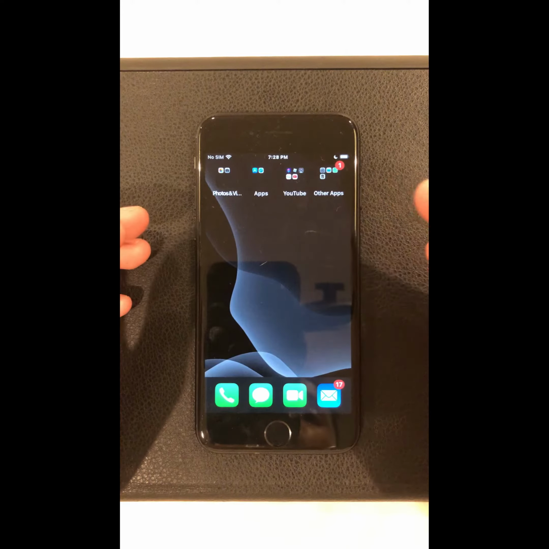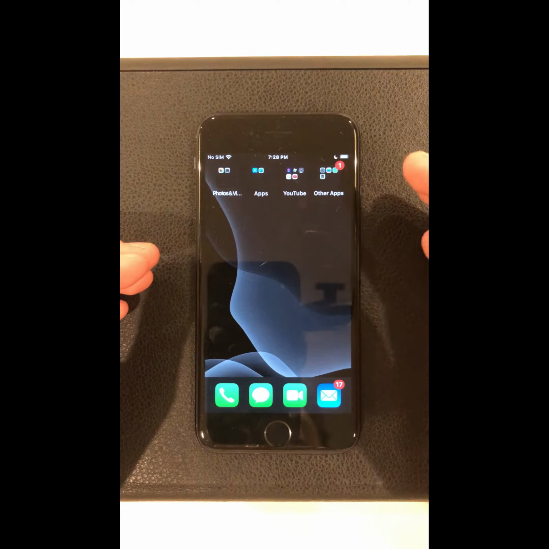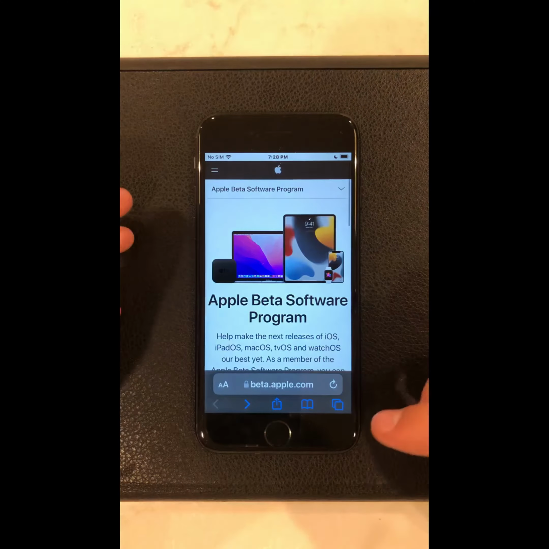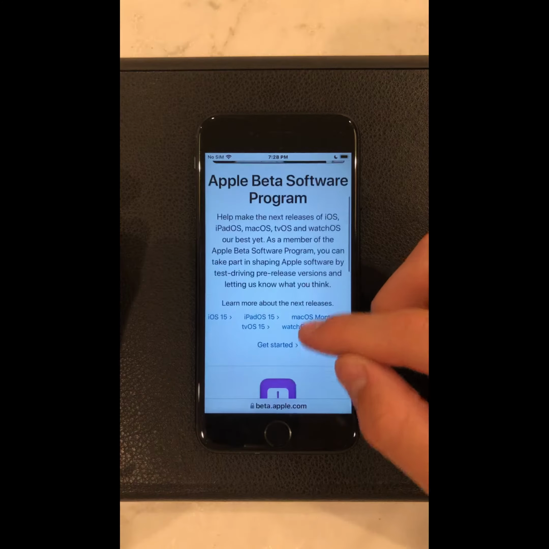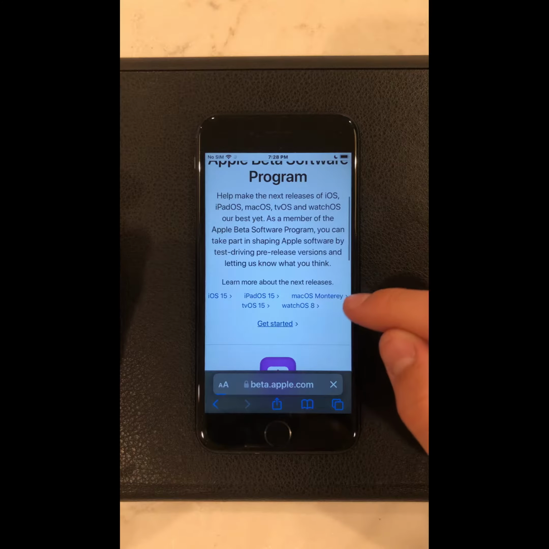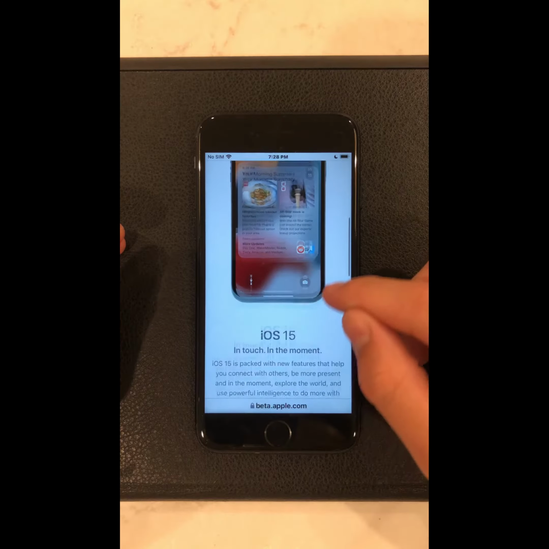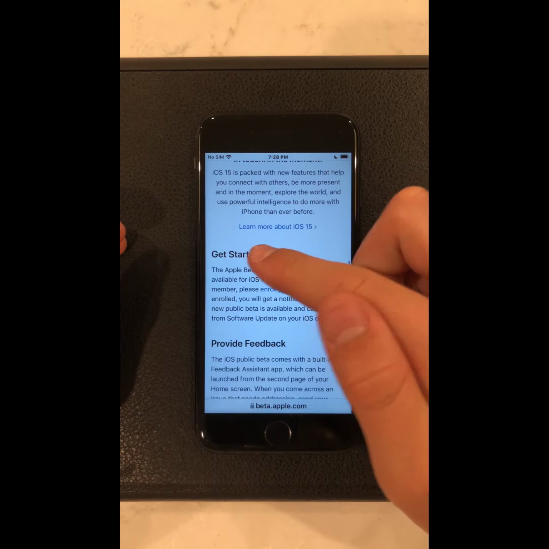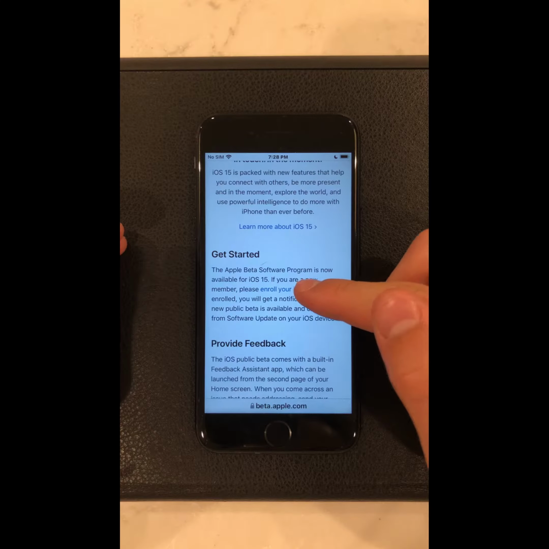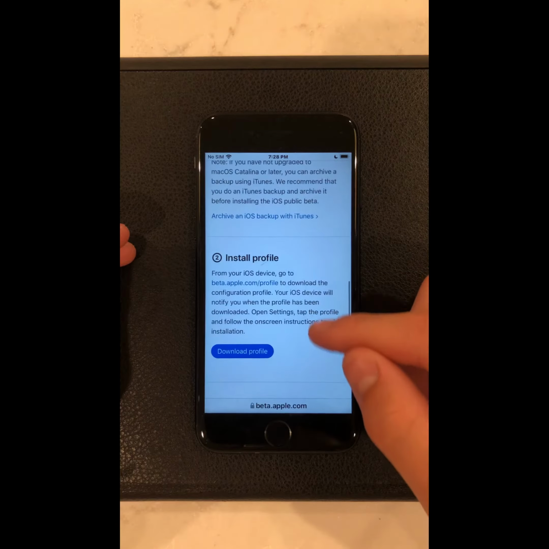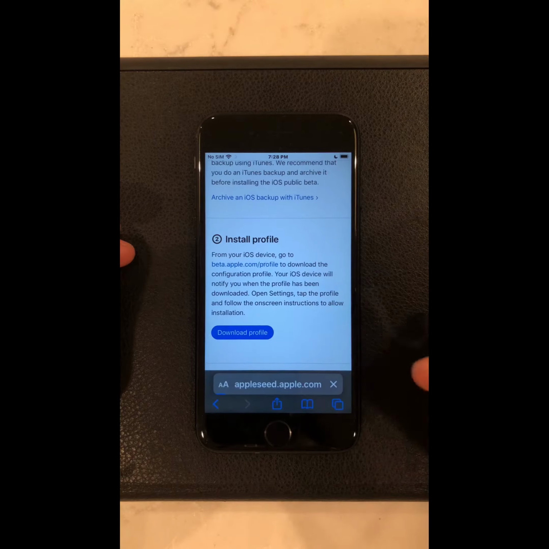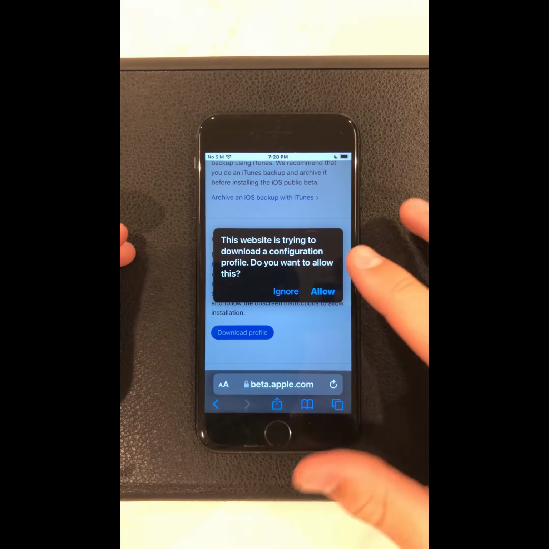So today I'll be showing you how to install iOS 15.1 on your iOS device. So to do this, go to Safari, and then go on beta.apple.com, and then scroll down until you find Get Started. Press on that, and then scroll down to the Get Started section, and then press Enroll your iOS device, and then go to Download Profile, press on that, and then press Allow,